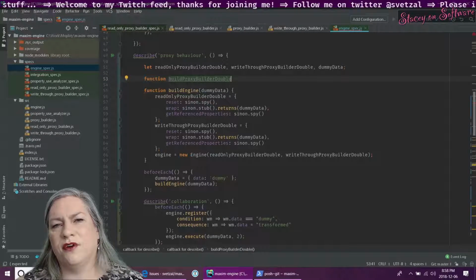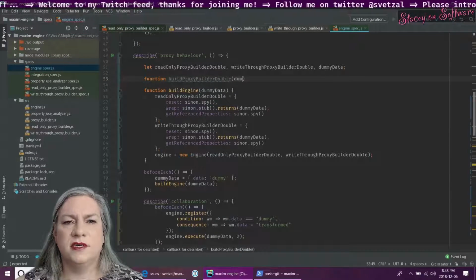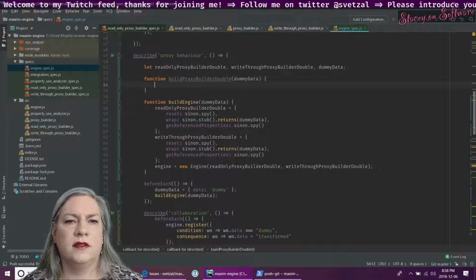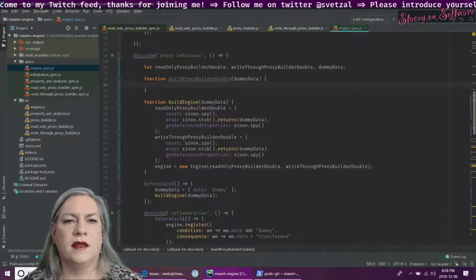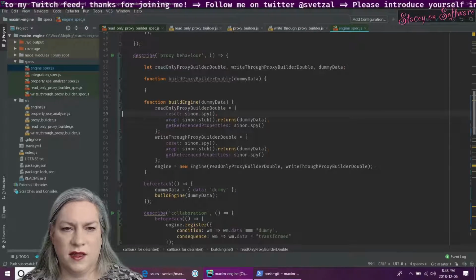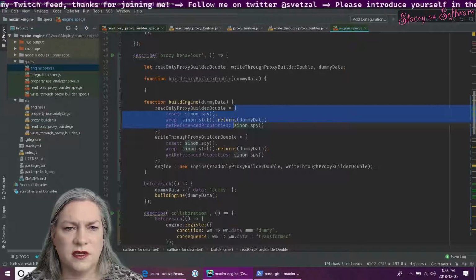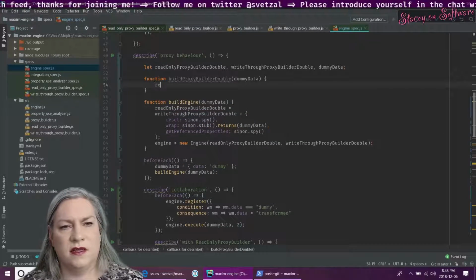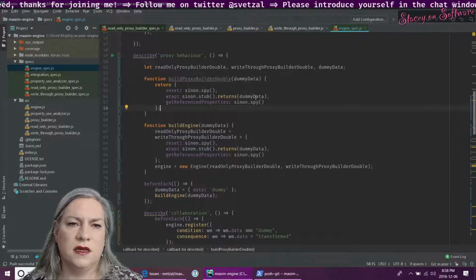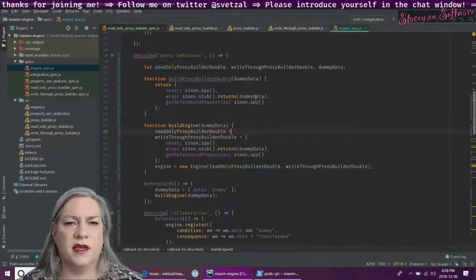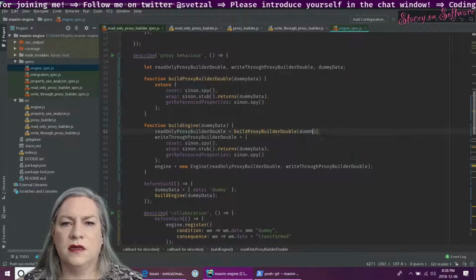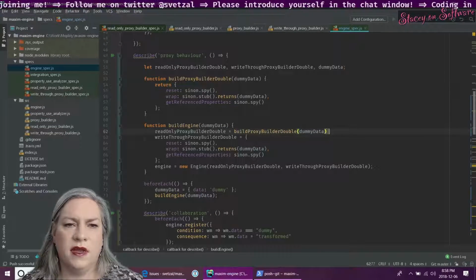So if this builds a proxy builder double, takes dummy data, and returns that, then I can assign it this way, right?